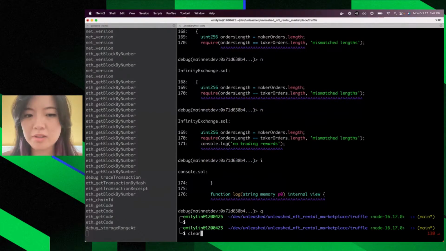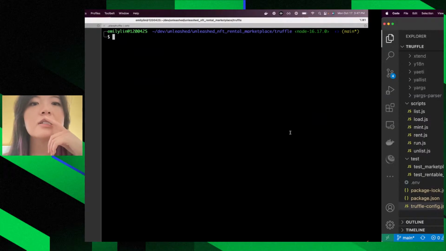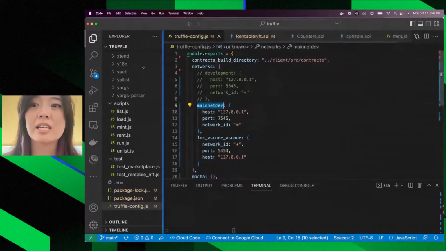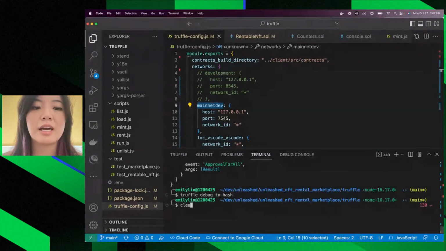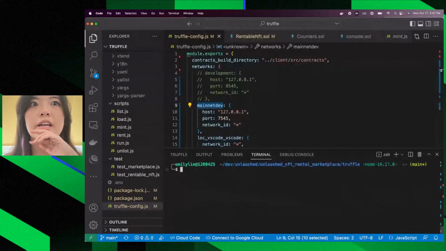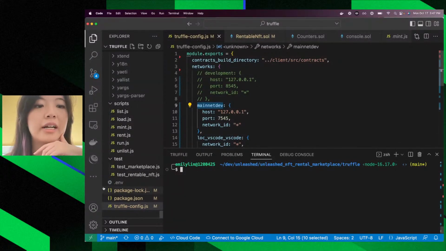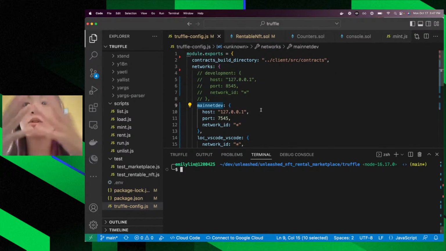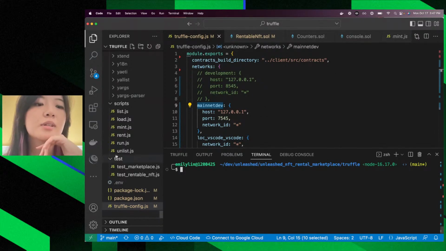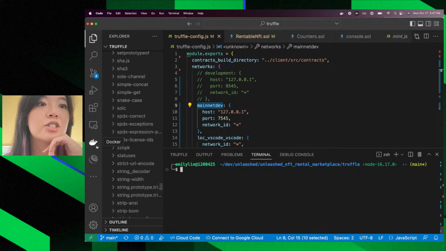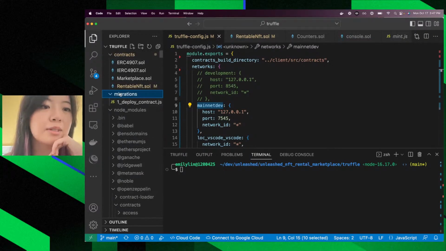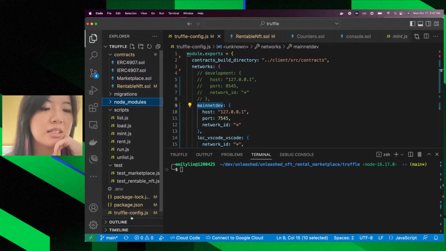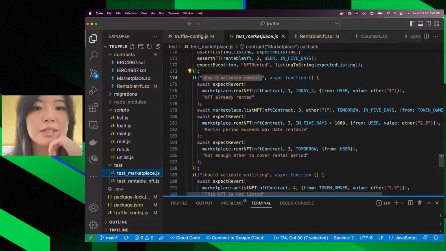If you noticed, in all of these situations I was debugging transaction hashes, which means it needs to be something that would modify state, right? However, if you want to check, for example, calls, you can do that within the context of testing. So let's talk about test. If you go to test marketplace,